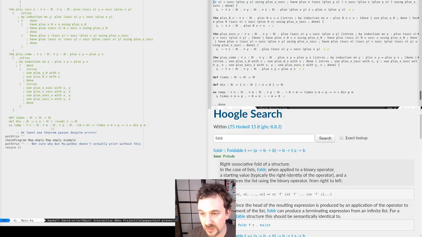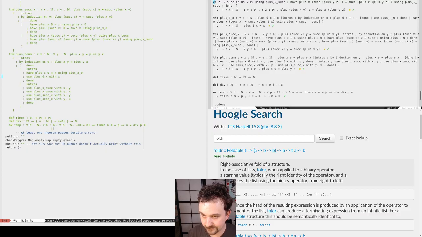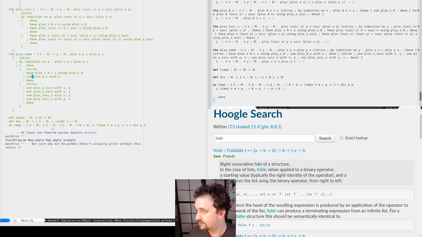We still have to do commutativity. So here we were saying have plus x0 equals x using plus x0. Have plus 0x equals x using.